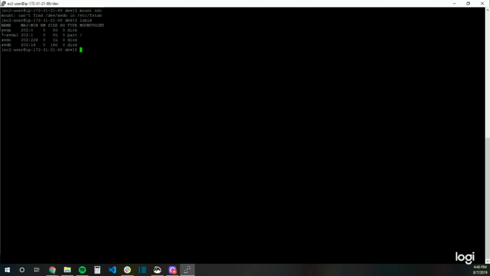Okay, so I just listed all the block stores on the image, and you can see here that there's the 8 and the 16 gigabytes, which is XVDA and XVDB, and here you can see the new one, which is XVDO, which is 1 gigabyte. And I can make this one a store using this mke2fs command